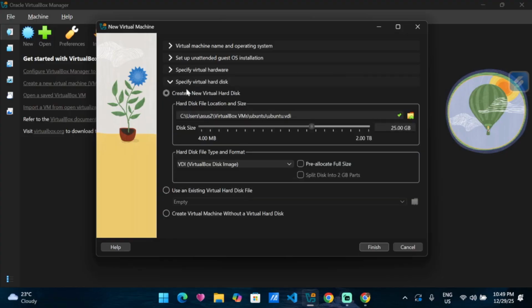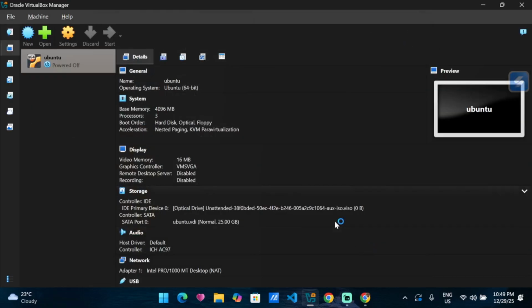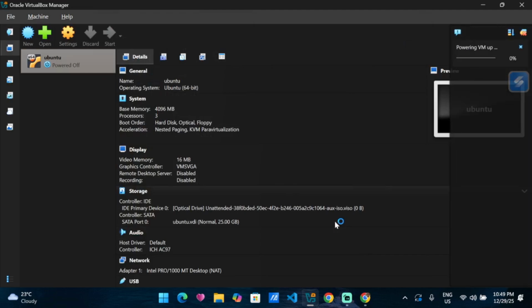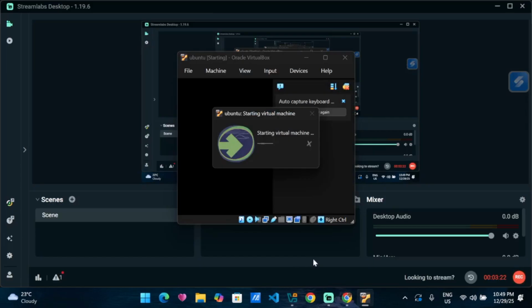And then the virtual hard disk. In this, guys, you don't need to edit anything. This is good, so let's just finish it. Let's wait until the application opens.